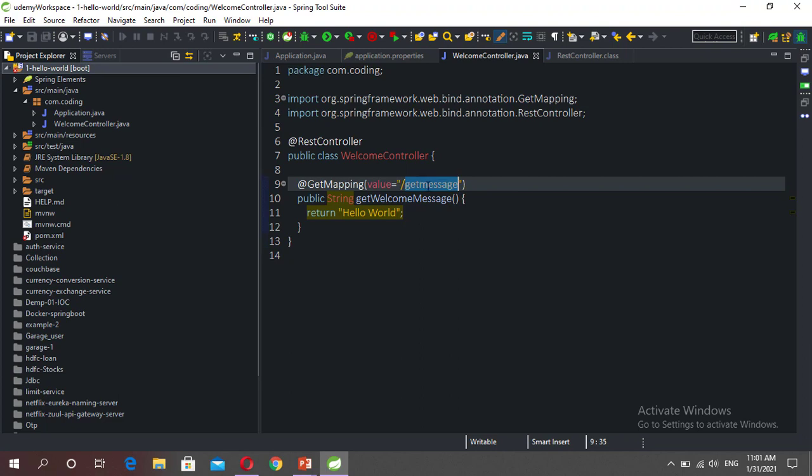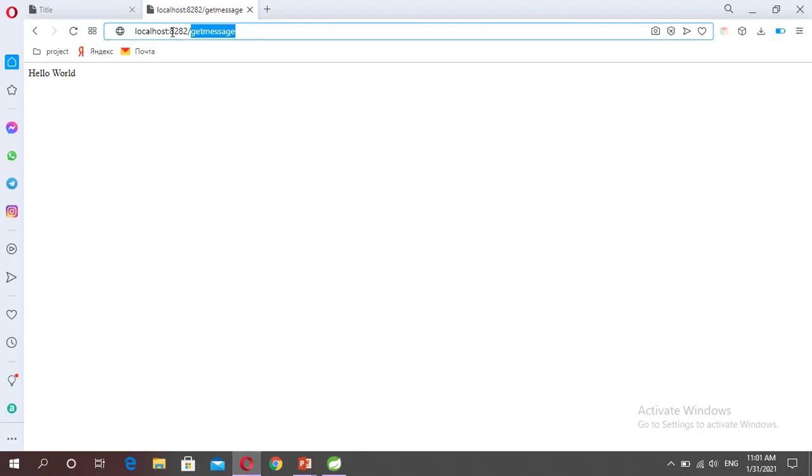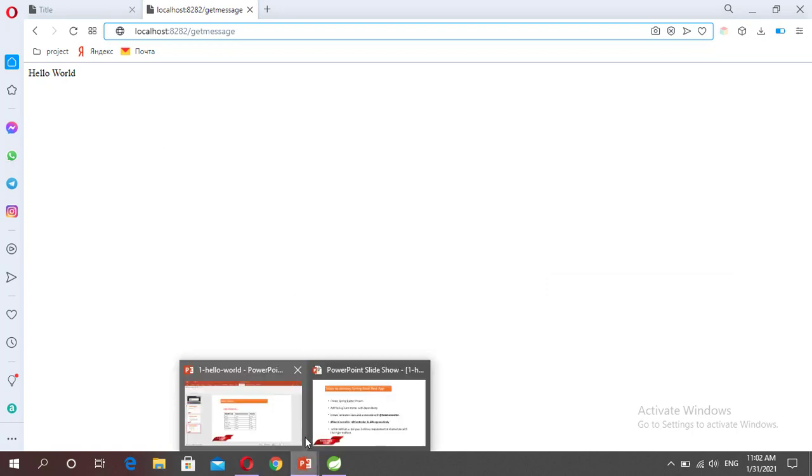This is the get-message endpoint. Localhost is the local system where we are running, and 8282 is the port number, so we will get the Hello World message. So guys, we have seen how to create one simple application.